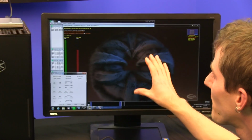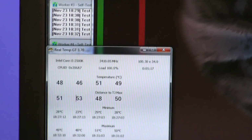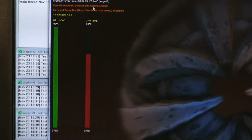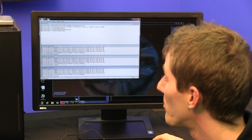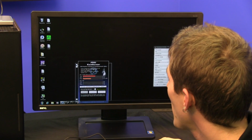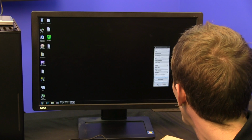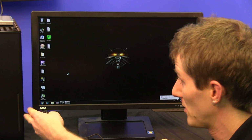Now that we're running FurMark, MSI Combustor, which is based on FurMark, as well as Prime95 Small FFT, our hottest core is 50 degrees, our GPU is running at 81 degrees, and we are maxed out in terms of temperatures. That means not only is the system ready for gaming right now, we could also probably overclock both of those parts a little bit, because the system is still running quite cool and quite quiet, especially considering, here we go, we got some Witcher to run here,